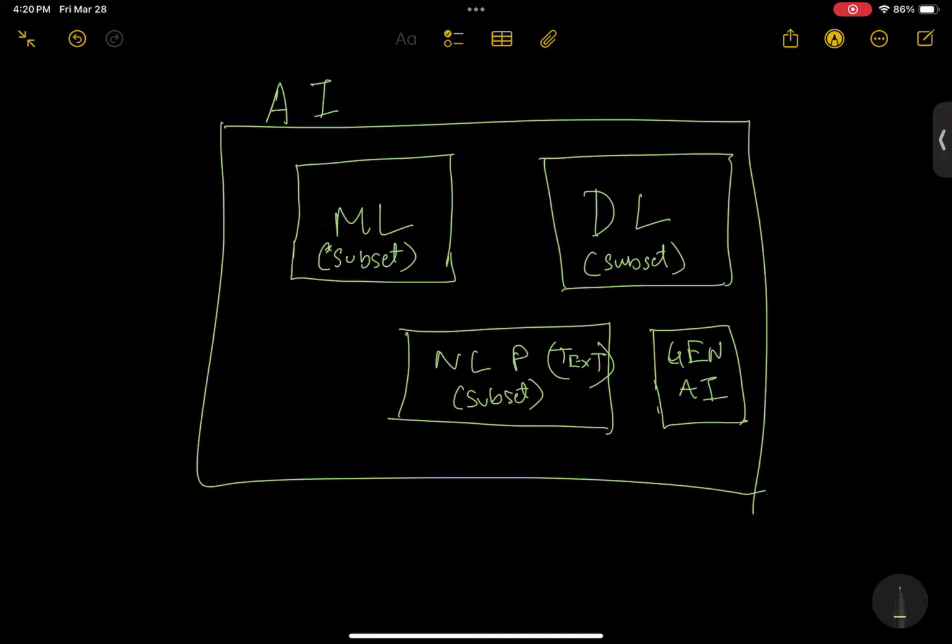Any questions on this understanding? Basically, generative AI will give us the content, like you mentioned, a story or something like that. It has the power to generate a new content. It is not just going to give you a blank output. It will not say that, given a thousand house prices, if there is a house price that is coming up, this is X dollars. It is not going to say that.